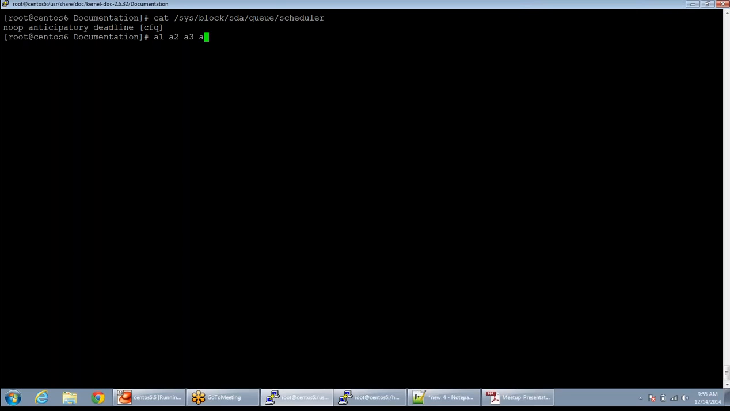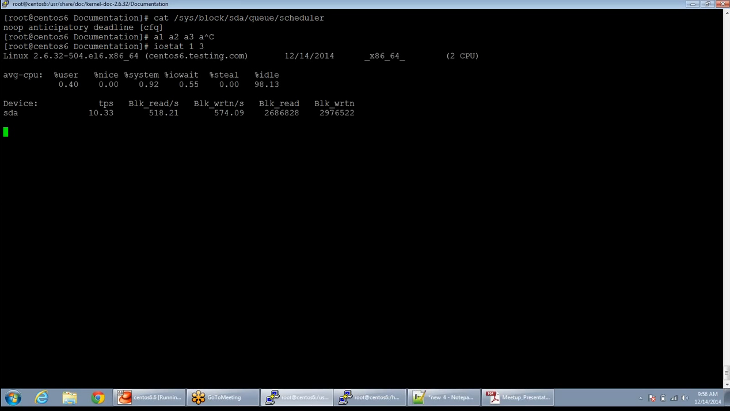But whichever scheduler you use depends upon your environment and the type of application you are running. So let's say if I'm using a database, then in that case deadline is the one which is recommended. If you are using some kind of virtual environment, for example VMware or KVM, then noop, or no operation, is recommended. It depends upon your requirement what type of scheduler you are going to use, and this will directly impact your